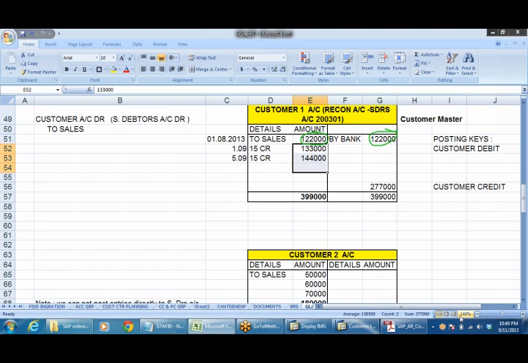The banker will not consider the outstanding amount if it is more than 6 months old. So that's why I need to submit age-wise analysis. We'll get one beautiful age-wise analysis from SAP that I'll show you at the end, when we go to the MIS.